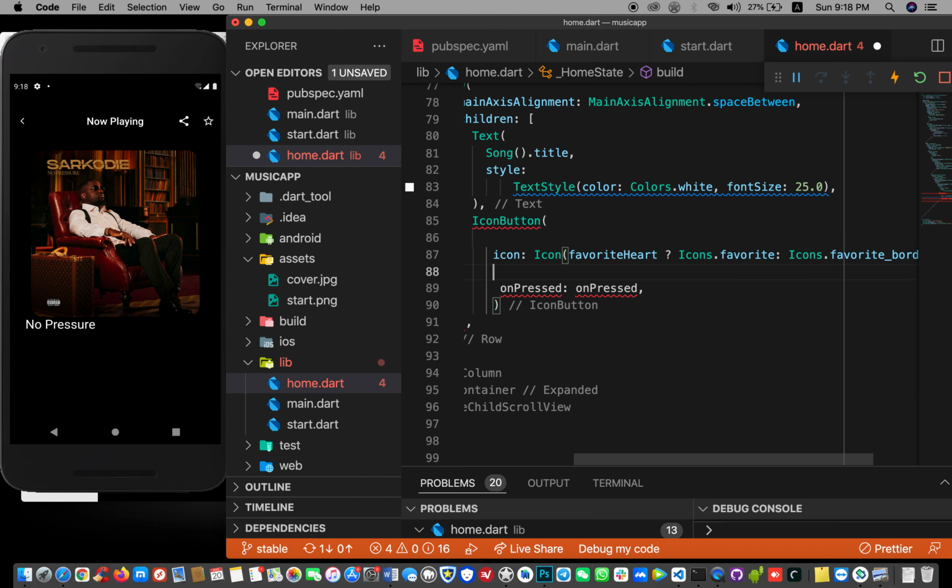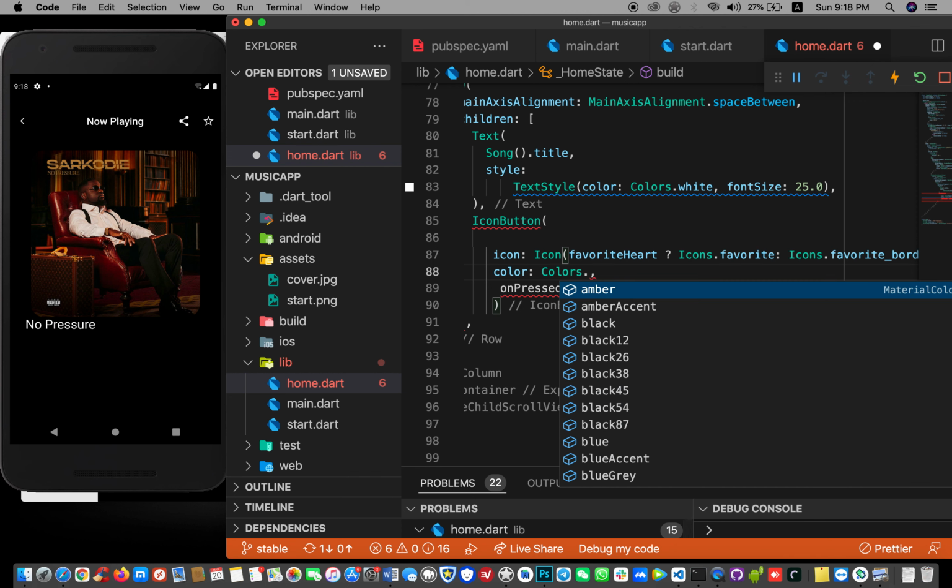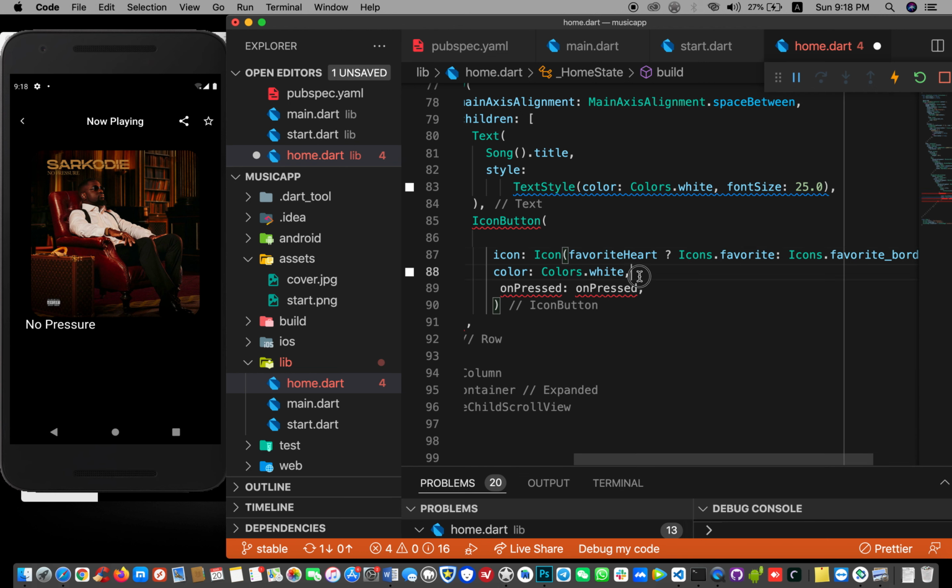Let's add a color to this icon, and the color will be Colors dot white, the same white here. Okay, perfect. Now for our onPressed, we need to add the if statement, which we did at the top there,